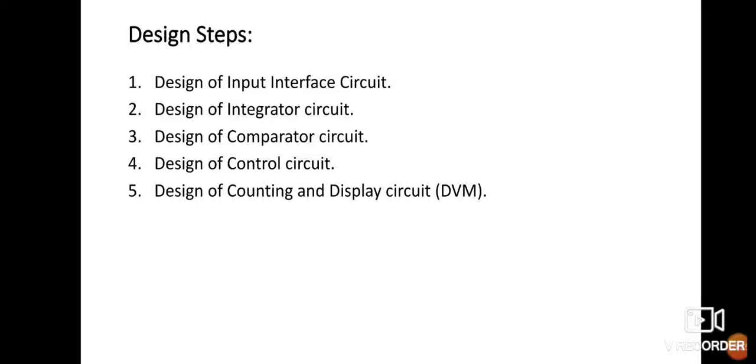Okay, the first step is completed. We will move to the second step. The design of the integrator circuit is shown here. Vin is equal to 2 volt here, since the output of the input interface circuit is connected to the integrator. As Vreference we have also selected minus 2 volt. Let the maximum full scale output be Vin minus Vreference. Vreference is minus 2, so putting in that value, the maximum full scale output will be 4 volt.